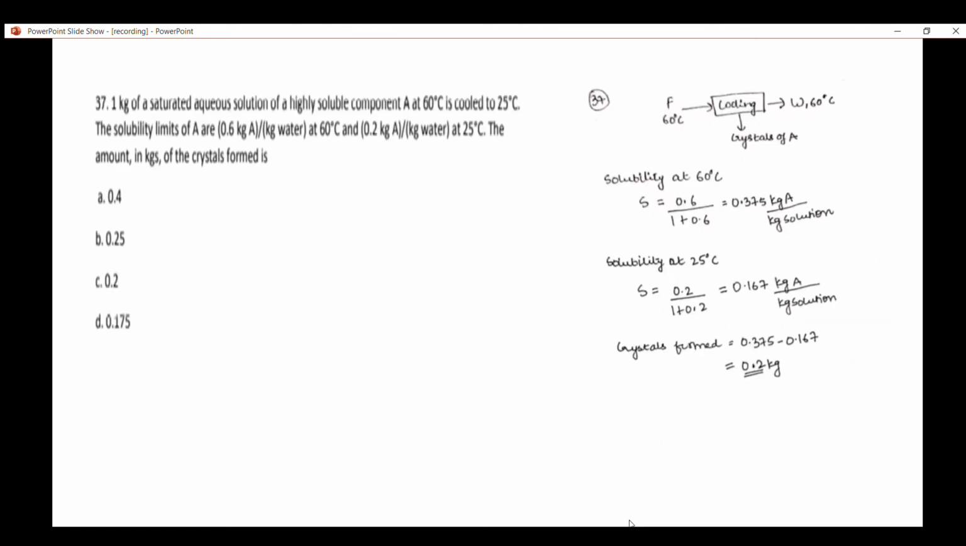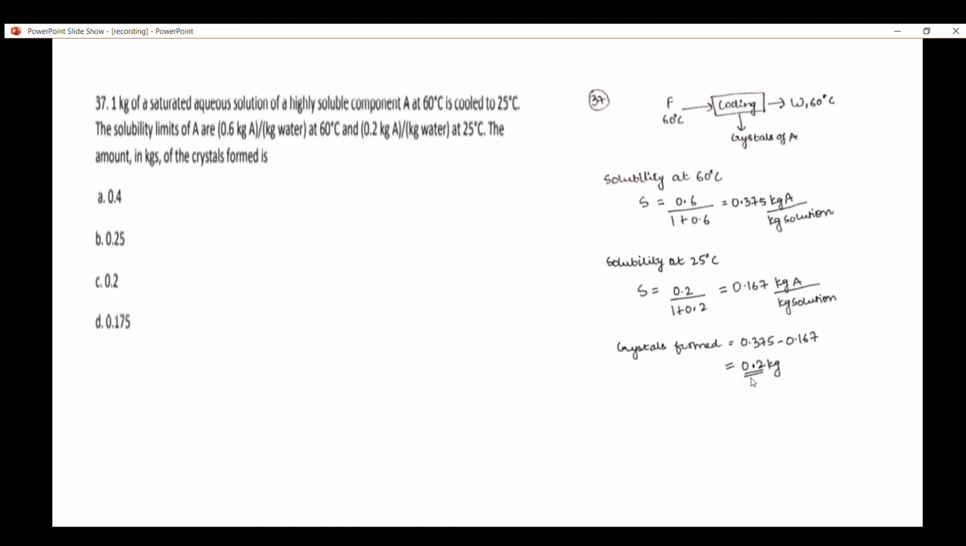So the solubilities are given at 60 degrees Celsius and 25 degrees Celsius. We have to find out the amount of crystals which are formed during this process. So the solubility at 60 degrees Celsius can be found out by this, and similarly for 25 degrees Celsius. So the crystal formed would be 0.375 minus 0.167, that is the difference of solubilities at both the temperatures, which